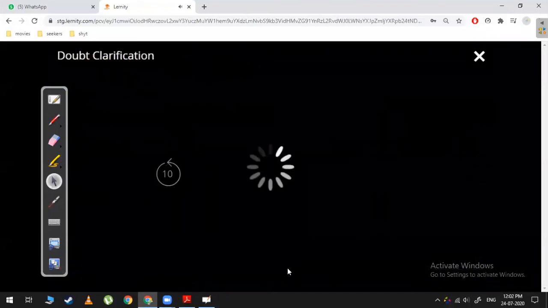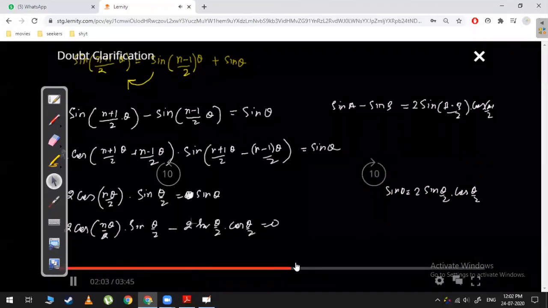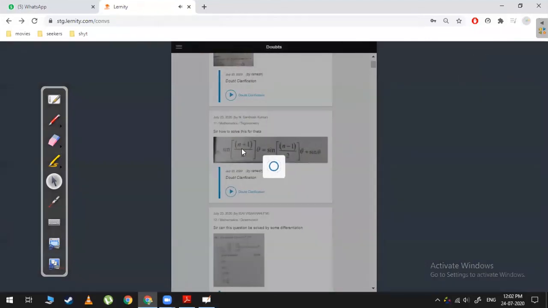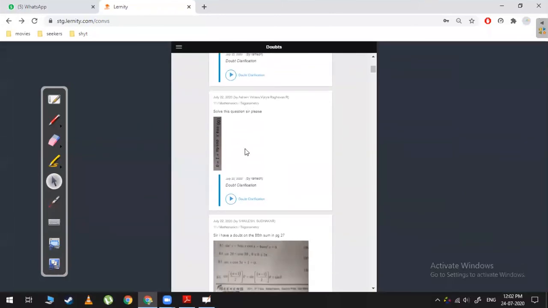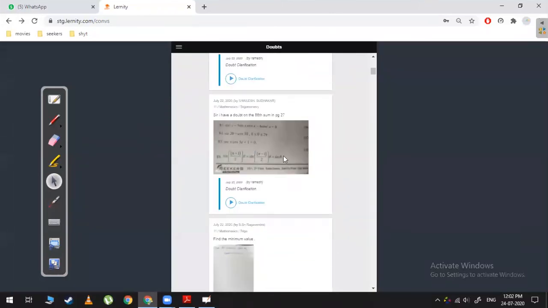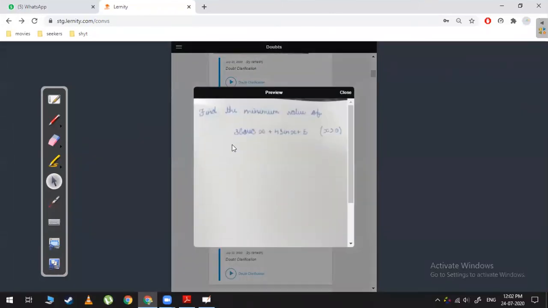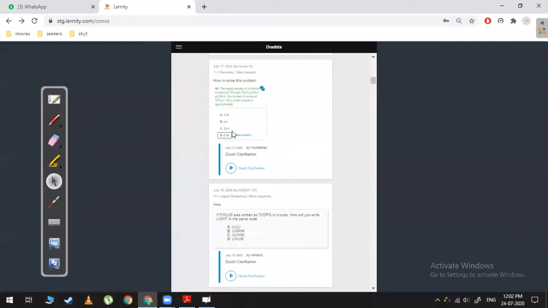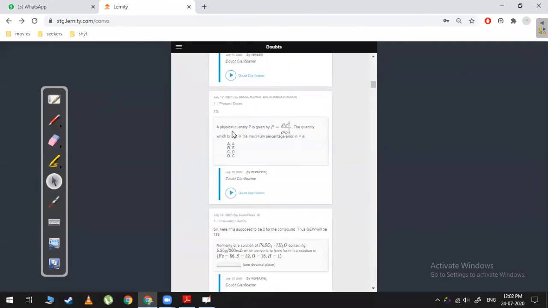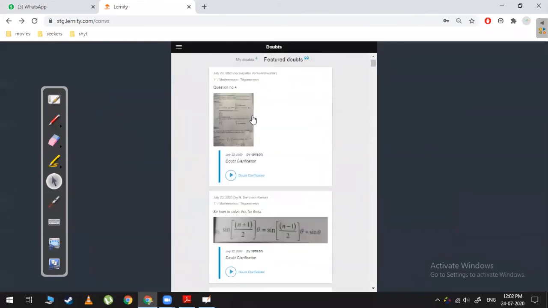Now everybody understood? From where to get, right? So see, many questions I have solved which you are asking again and again. Did everybody understand? Fine. See, 100 question I have solved. Then 80, this again I have solved. Then this question, 3 cos x plus 4 cos x, this I have solved. So these questions I have solved again and again. So please just check there. If I have solved, I will show you in the featured. If you have not got it in featured,